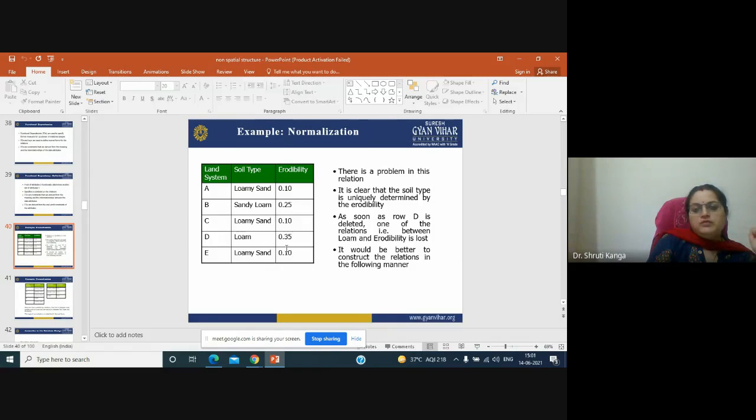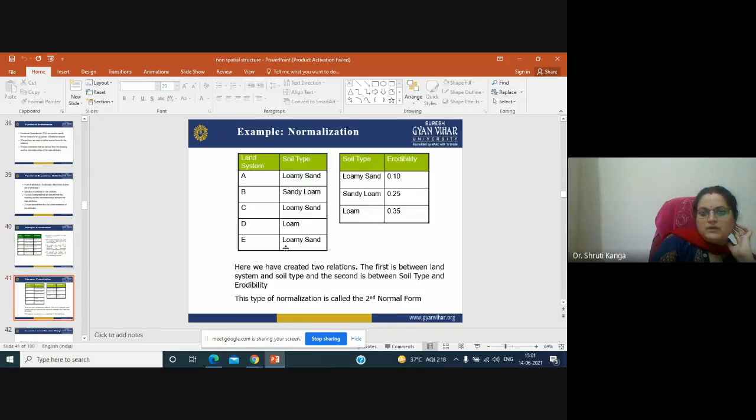Now, an example of normalization. There is a land system which is coded as A, B, C, D, E. A stands for loamy soil, where erodibility is this. B stands for sandy loam, where erodibility is this. So there is a problem in this relation.